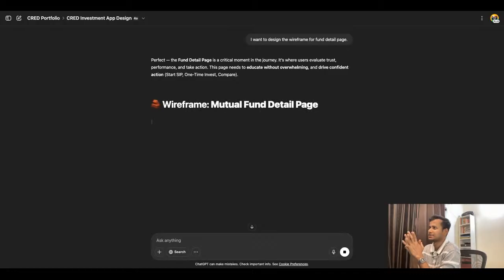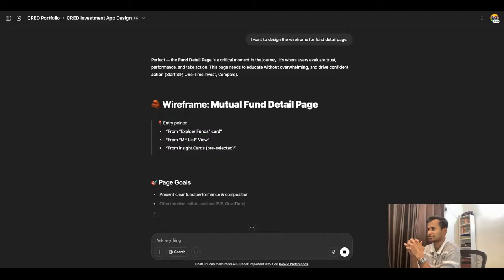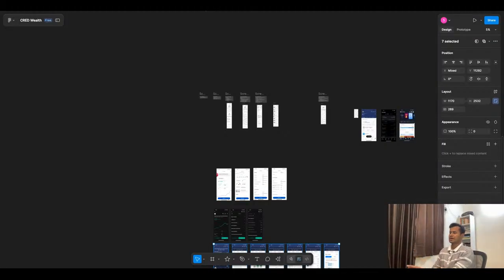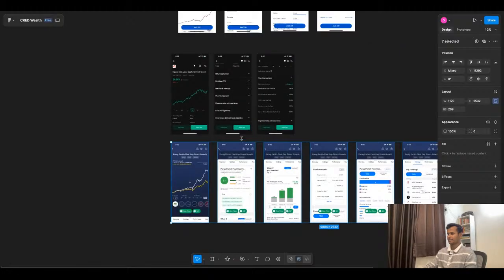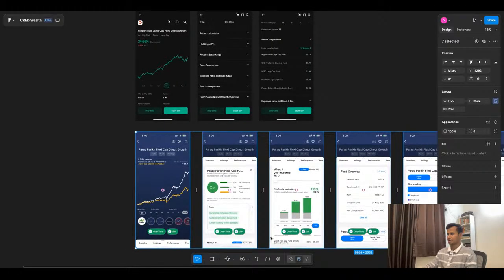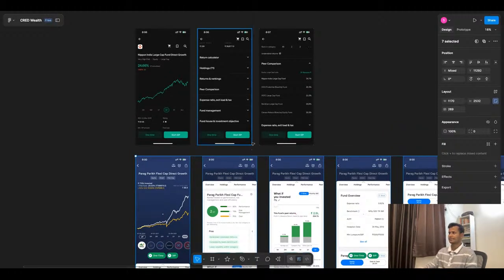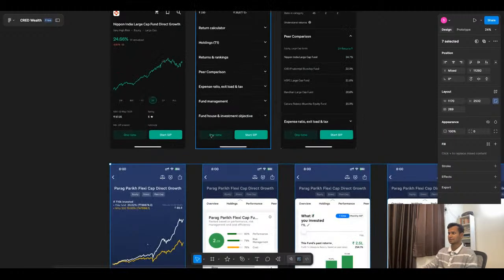Perfect. Fund detail page, a critical moment in the journey where the user evaluates trust and performance and takes action. So this is the place where the user will start SIP, one time invest, compare. Correct. So ChatGPT provides this: start SIP, one time. Okay. So INDmoney provides it as floating. Correct. Then Groww provides us these floating bigger buttons as SIP, one time,